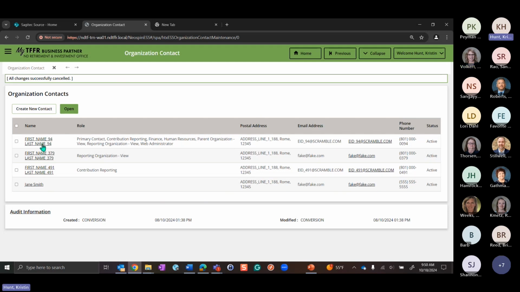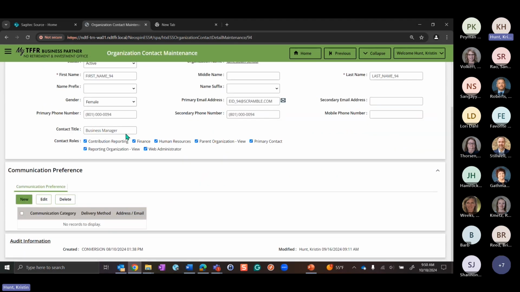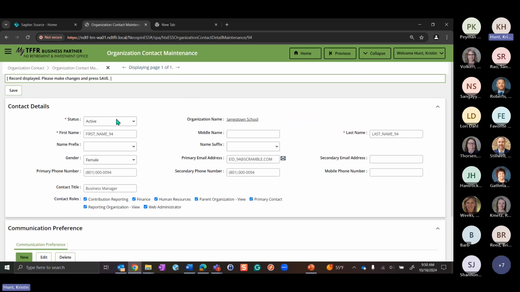Yeah, so with this one, this one's the primary contact. We'll pretend that's the business manager. To keep the records on file of everyone who's had access, I would come in and just make them inactive, save that, and then create that new primary contact.